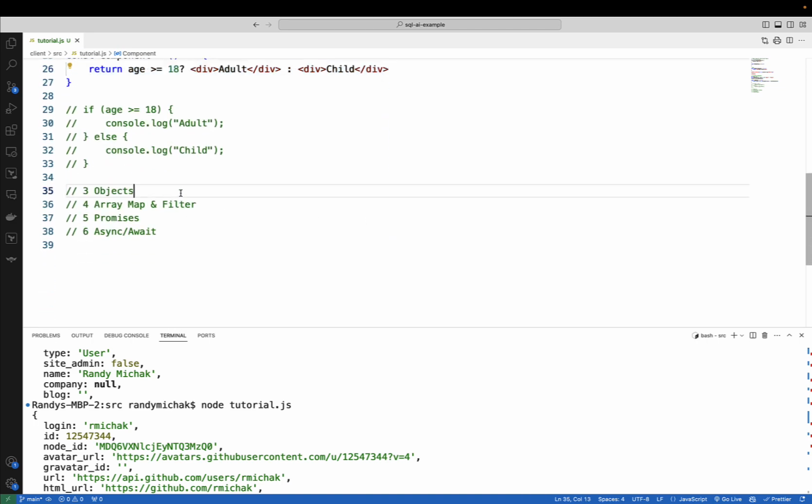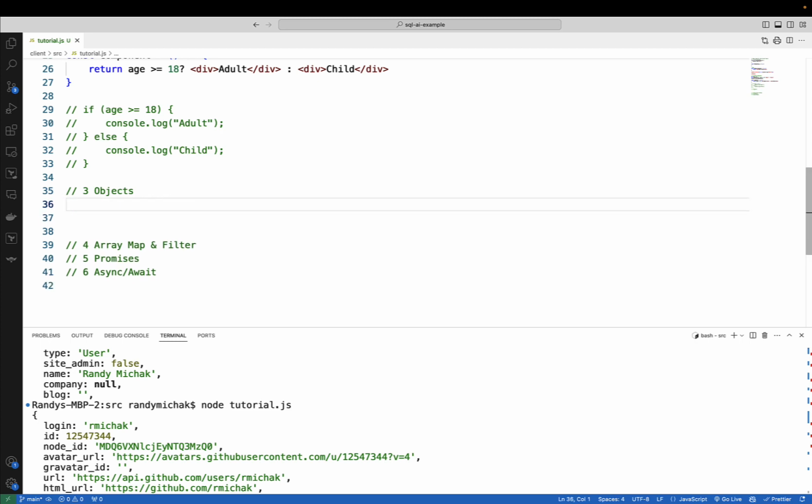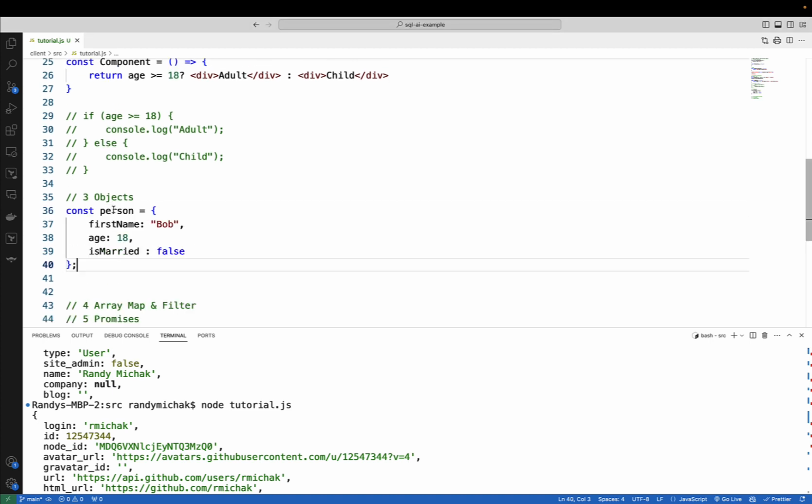The third one is objects. So all languages have some type of objects. In Python, they're dictionaries. Java has hash maps. But within the object notation, all they are is just a way for us to have something that's kind of combined into name value